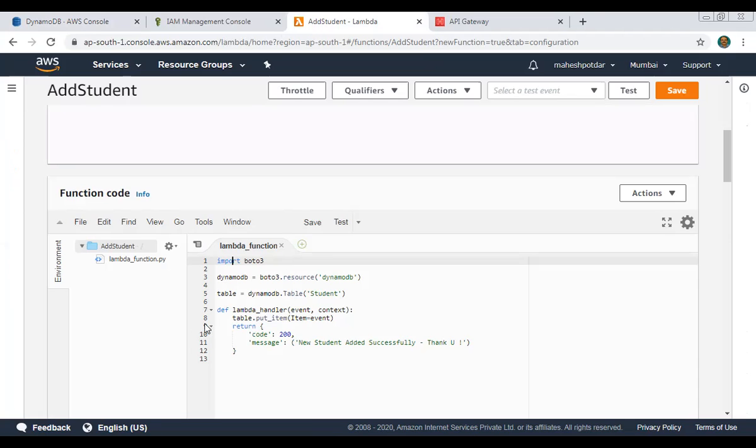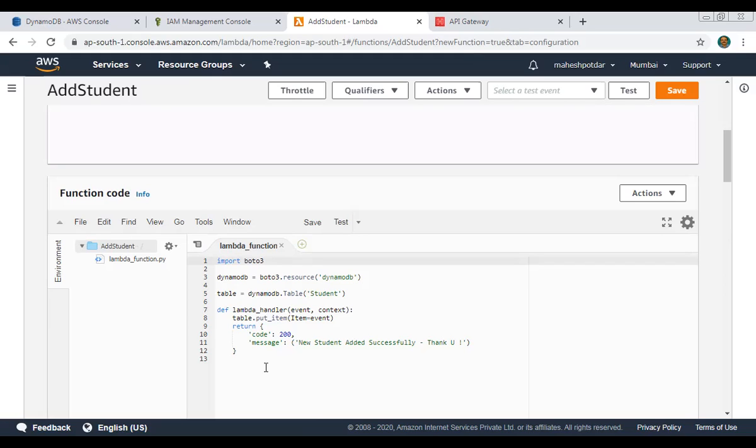Then define lambda handler with event and context. Today I'm showing you the event, the post method for adding the record, put_item. Item is the full record being added. So in the table you add the item, and to report whether the record was successfully added or not, the return parameter is 200. In the previous video, I have shown that. If you have not seen it, please visit that video and then come back here, and you'll get the idea. The code 200 is used for successful addition of the record.